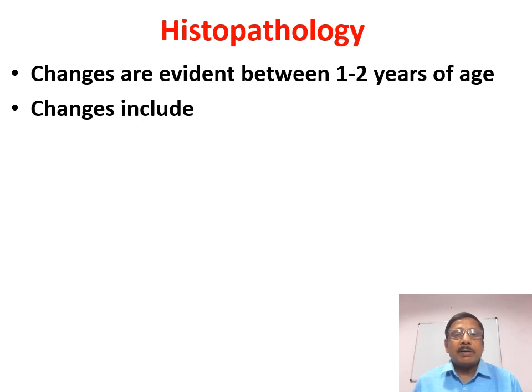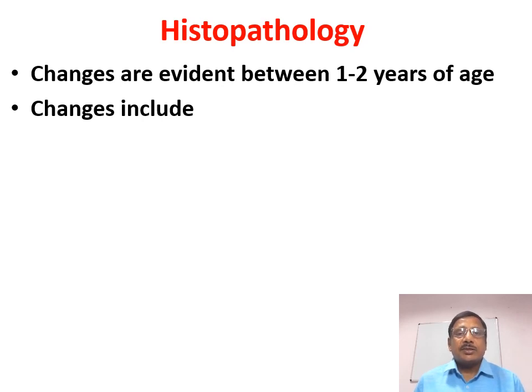Because we have seen that by the end of 1 year, the incidence decreases from 3% to 1%, and most of the testes, that is 70 to 77%, descend on their own by the end of 3 months, and then they take another 9 months and the incidence again decreases. So we can very safely wait up to 1 year. And these changes, now what are these changes?